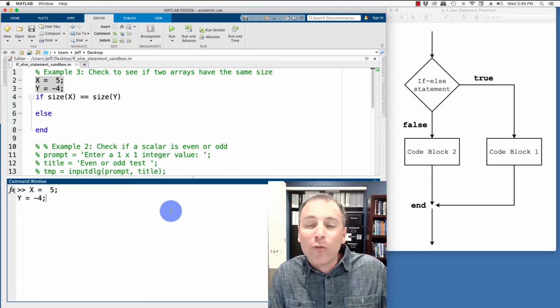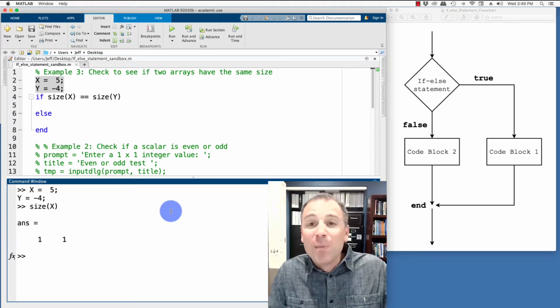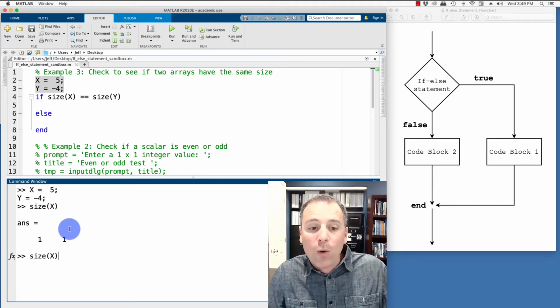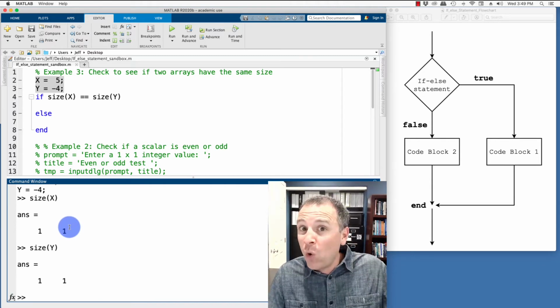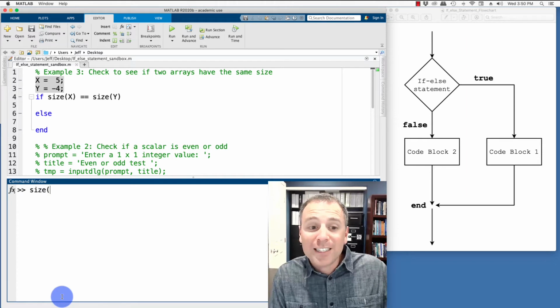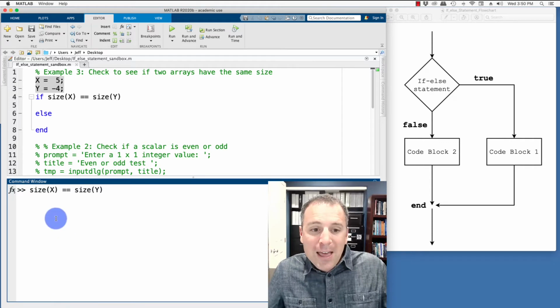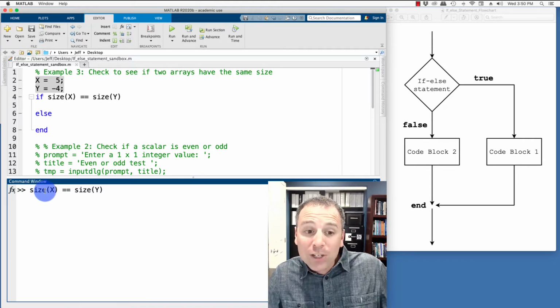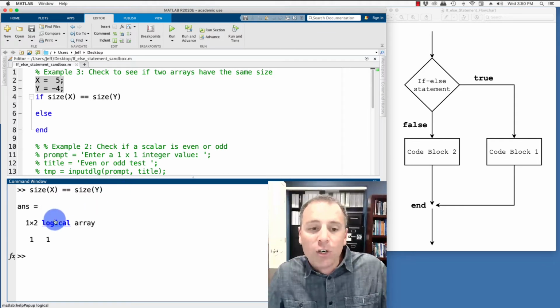Specifically, if I define x equal 5 and y equal -4, when I take the size of x, that's going to be 1 by 1 because it has one row and one column. If I take the size of y, that's going to be 1 by 1 because it has one row and one column. Then if I create the logical test, size of x equal size of y, I'm basically asking, is this 1 by 2 row vector equal to this 1 by 2 row vector? But remember, this operator, when operating on row vectors, is going to produce a logical vector out. So when I push enter, this logical array has 1, 1.